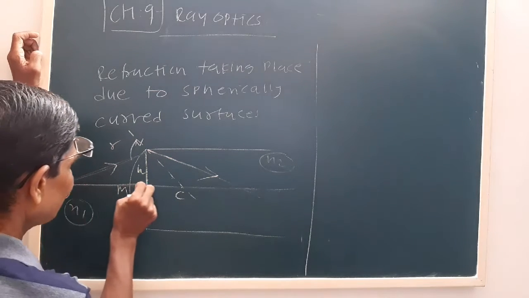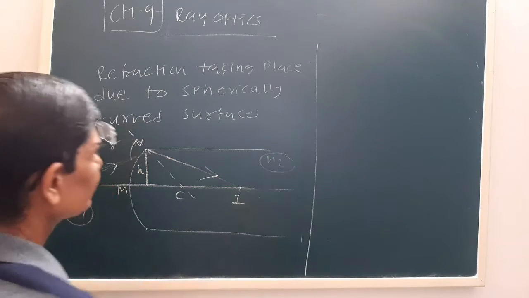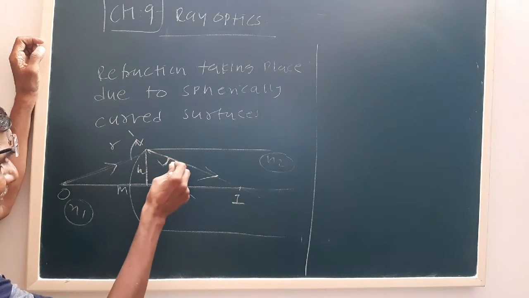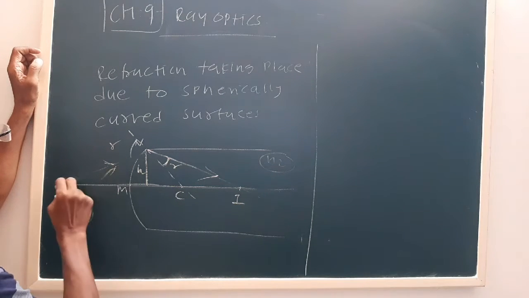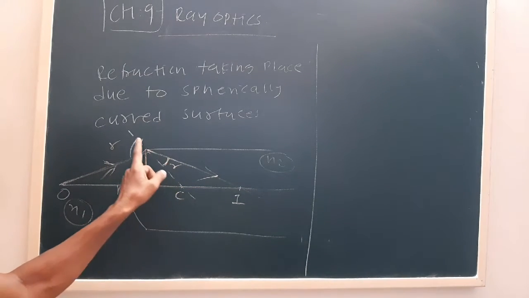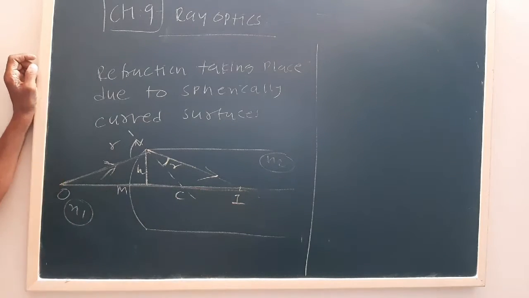And a second ray, we consider, passes through the center of the spherical surface, with the angle I. The angle with the normal is R. So this is the first incident ray; after refraction, it moves toward the normal. This is the normal we have considered, and the second ray moves in a straight line, so the image I is formed. Here we have to use Snell's law also.